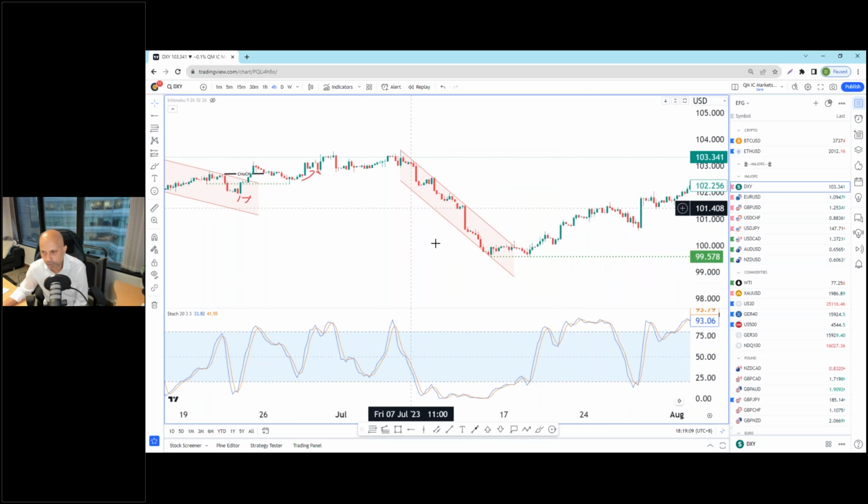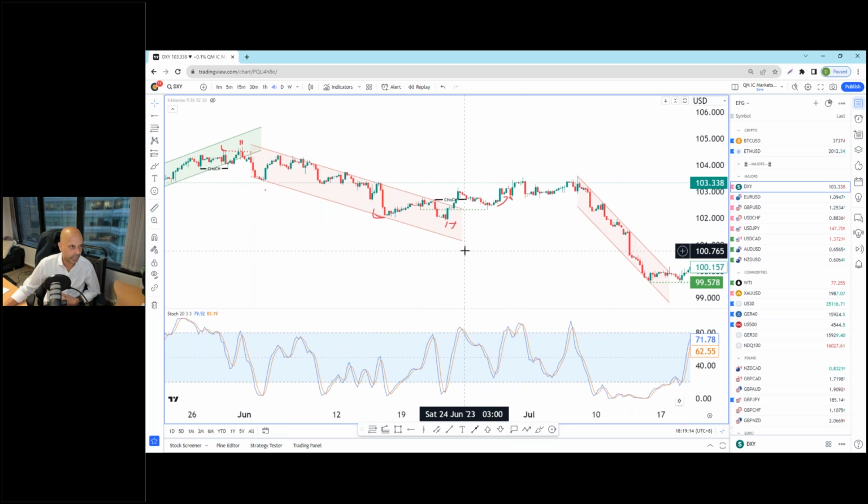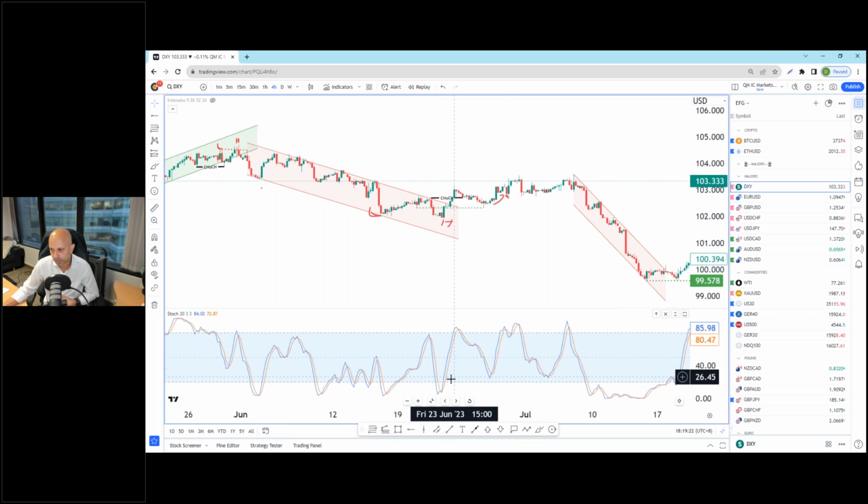So in this case, there was no obvious Quasimodo pattern, but like we were talking about earlier, how can you overlay the Quasimodo pattern with other indicators? In this example, I'll show you with the stochastics. When stochastic dips below 20, typically it is signaling that this is an oversold position, so we would be looking for a potential bullish reversal. We have a combination of factors that contributed to this bullish reversal. We had stochastics going below 30 and then reversing to come up, signaling a potential bullish reversal.